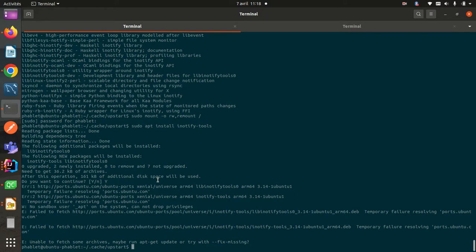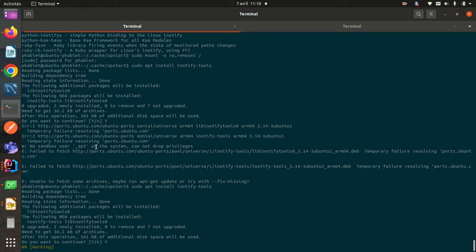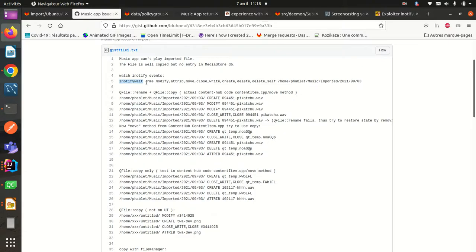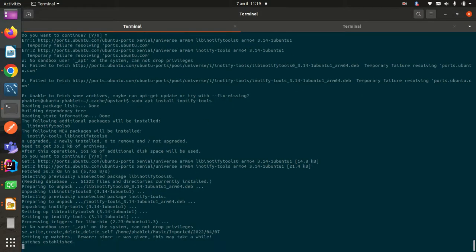Let's connect. Okay. So I'm installing that tool, and if I use that command, okay, I'm on ADB, so I'm limited in the number of columns. I'm on 0407. I don't remember if I have to put, no, it's okay. The slash. Okay, so now I'm listening to the folder music imported, and I'm going to try to